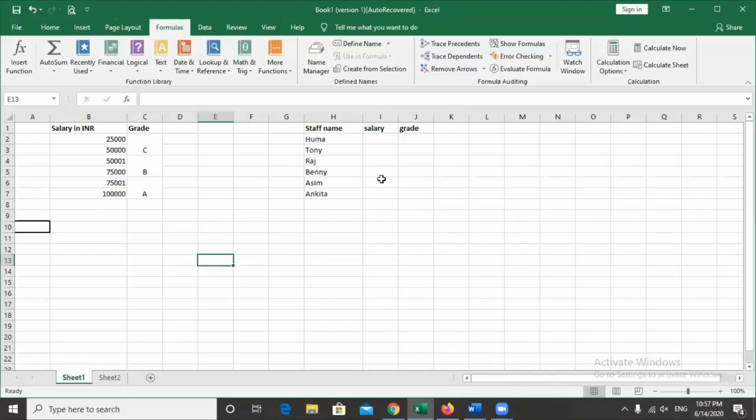Suppose this is the table. On the basis of this table, the salary will be assigned to the people, and here the grade should come out automatically. I'll assign the salary to the staff name and the grade will come automatically. So we'll start. First I'll select the grade